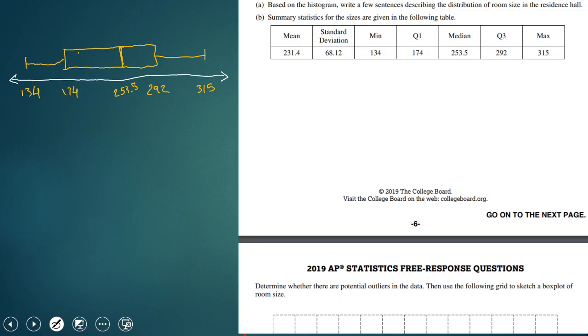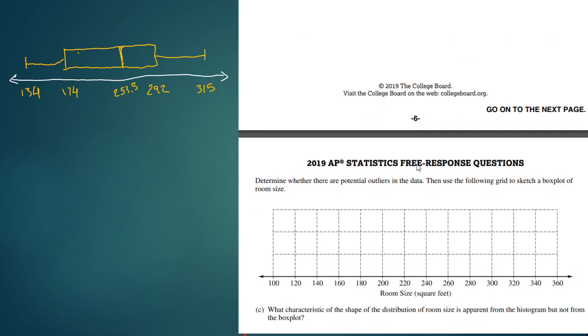And so yeah, you would draw it on the grid, obviously, with a pretty to scale drawing, but those are the critical values that you would need to show in your box and whiskers plot. Okay, and then